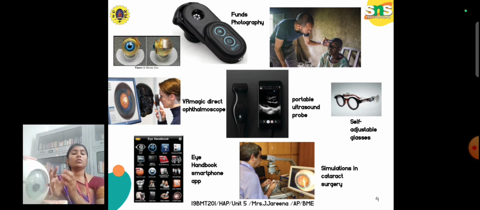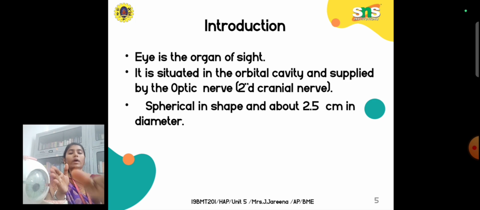To understand the problems, in order to find the solution, first we should know the structure of the eye. Whatever I have listed here are innovations brought up by scientists or engineers like us, by knowing the root cause of these eye problems. So why not be one among them? That is the main reason I have brought out this topic, the eye.